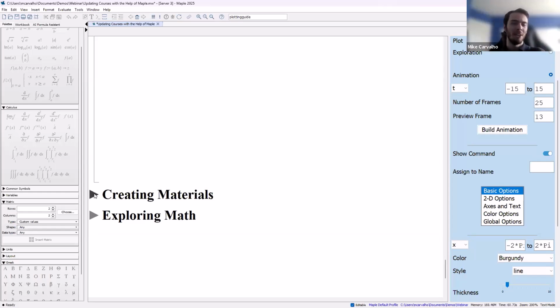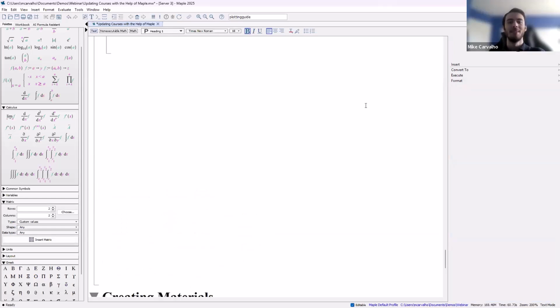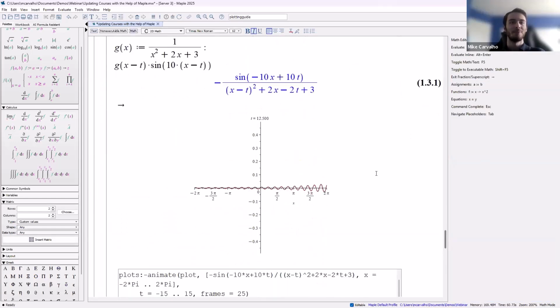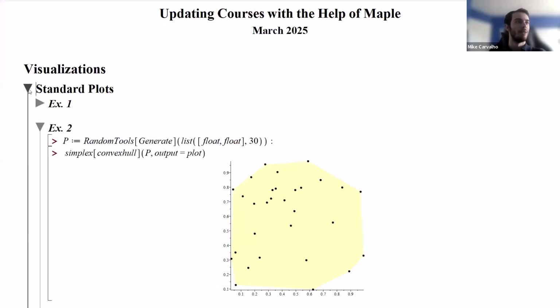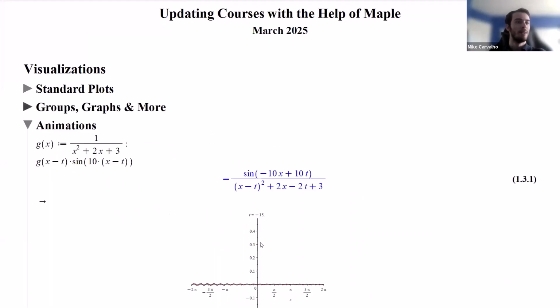So I don't have this set up here, but one thing you can do is, if I go back to this animation, I'm just going to press a hotkey and I can go into slideshow mode. In fact, I'll close these down so we don't see them. I've paused the animation, but there's a whole slideshow mode. You can do your entire presentation within Maple. You can make your course notes within Maple, right?